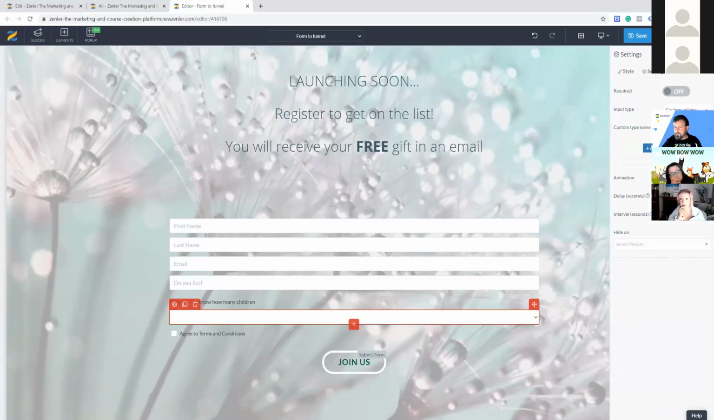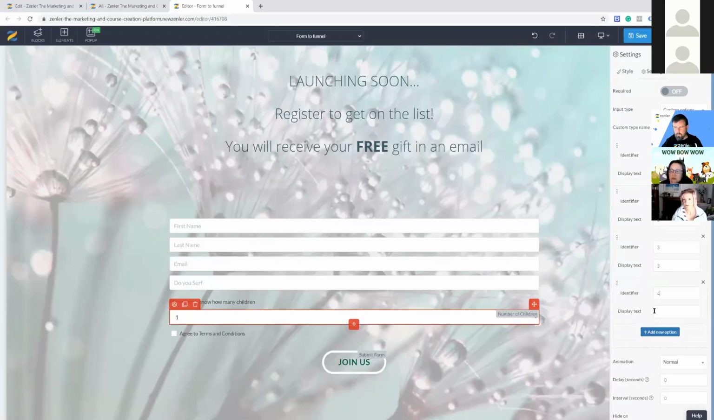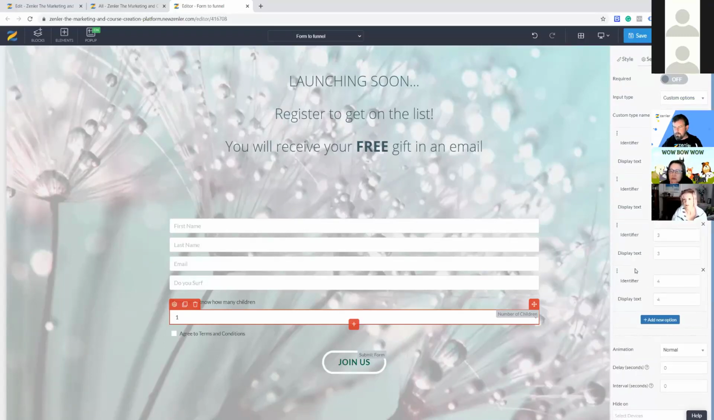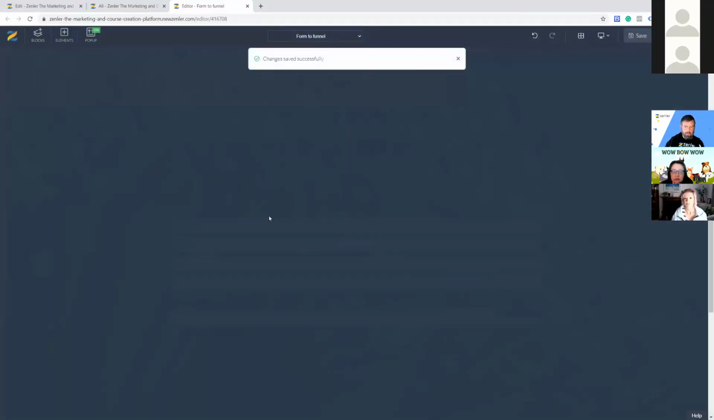Yeah, absolutely. Let me go in here and put custom type. So custom type name would be number of children. Okay. I go add a new option. And I can go 1, add a new option, 2, add a new option, 3, 4. And you could make that required. I'm not going to. I'm going to click save. So now if we have a look at this form,